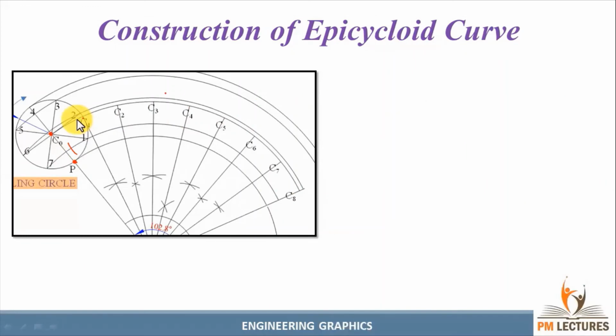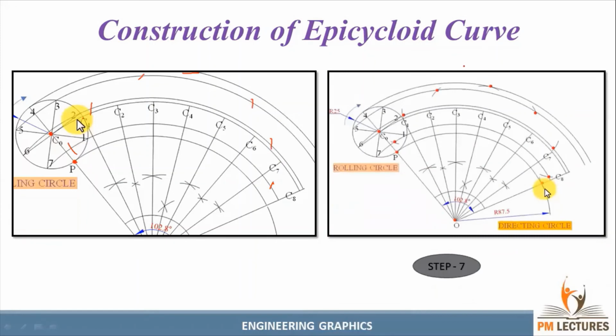It's like a cycloid only, guys. And with C2 as center, keep the compass at a constant distance and make another arc in the second line. Similarly, with the same radius, from the third point, make an arc in the third line. Similarly, from the fourth point, make an arc in the fourth line. Similarly, from the fifth, sixth, and 7th points also make an arc. Okay, so it will look like this. Clear, guys?